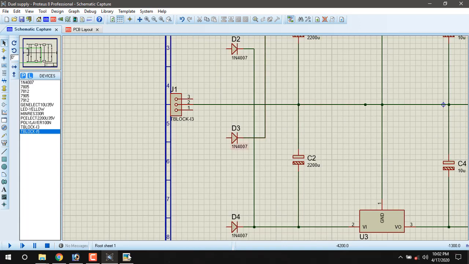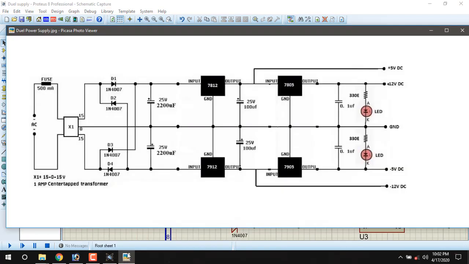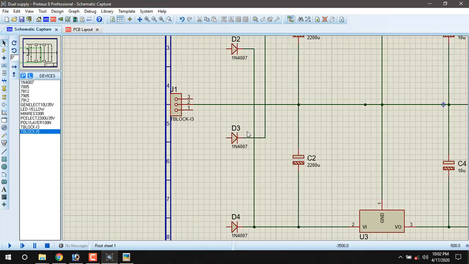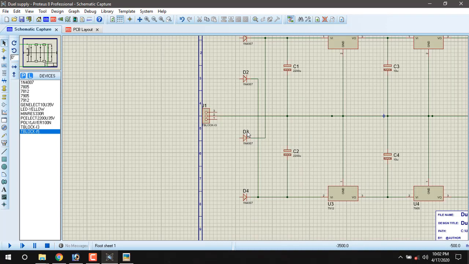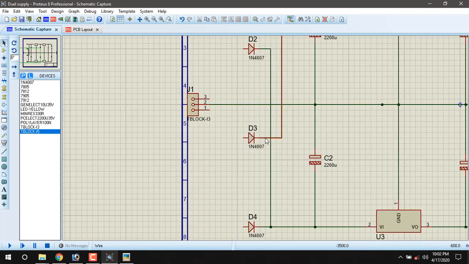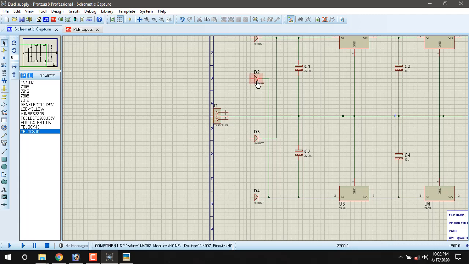In this diagram the D4 and D2 are in reverse direction. We are going to rotate D2 and D4. To rotate, we have to use plus key.